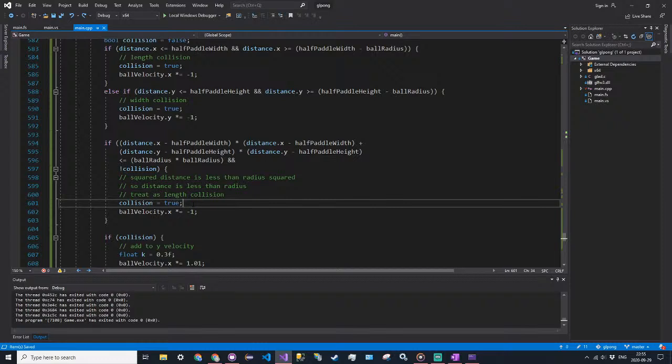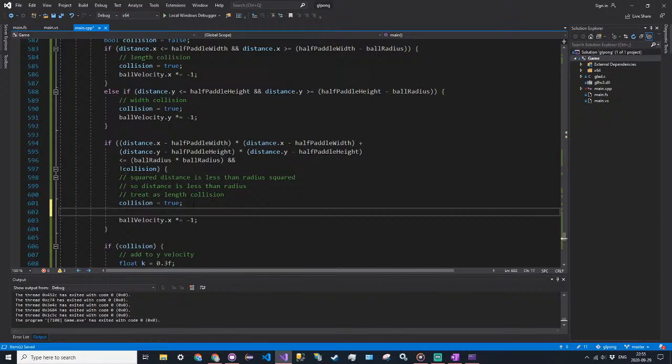Let's get the distance to the corner and determine if it's larger in the x direction or the y direction. And if it's larger in the x direction, we want to collide it with the width. So we're gonna say here, if